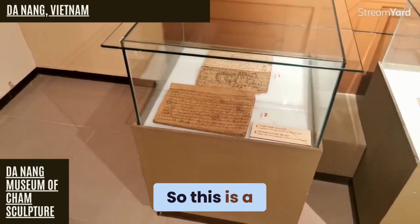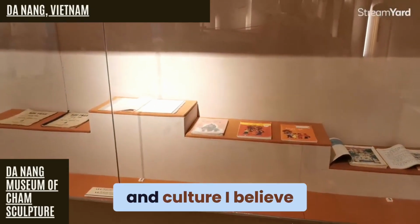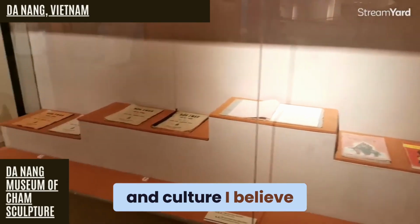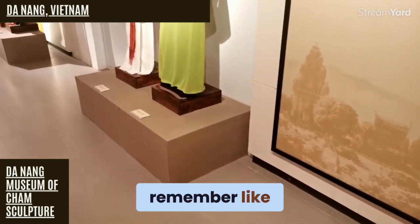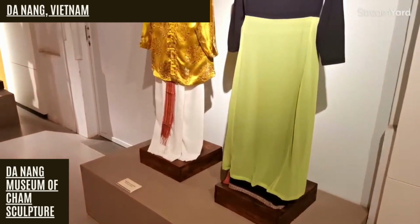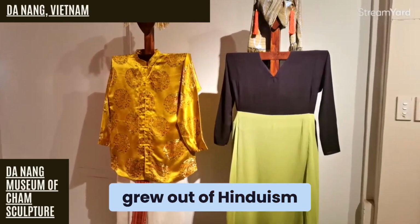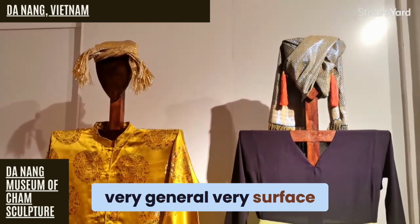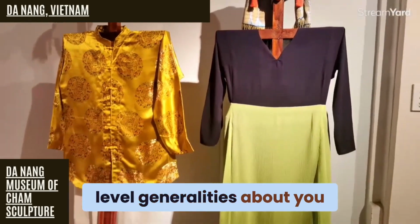All right, so there's a blend of Buddhism and Hinduism in Cham culture. I believe it from what I very generally remember. Obviously, as we've said, Buddhism sort of grew out of Hinduism as its own thing. But there were some very general, very surface level generalities about,